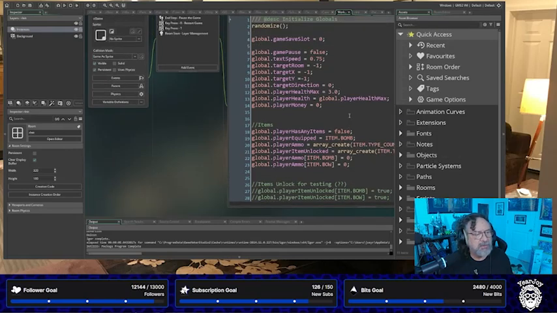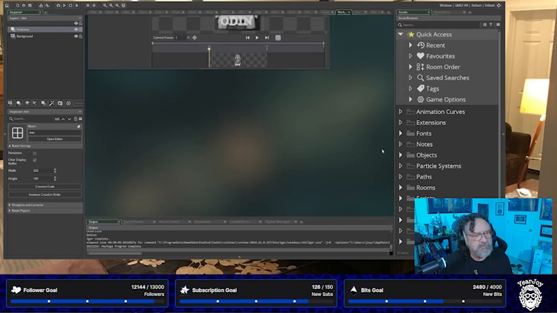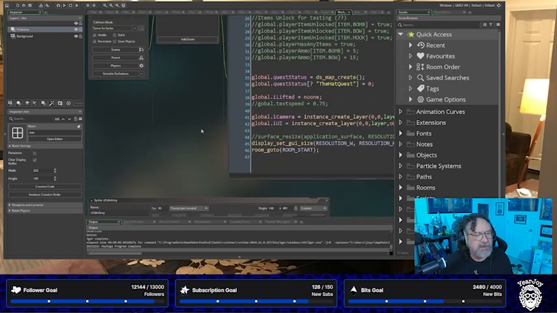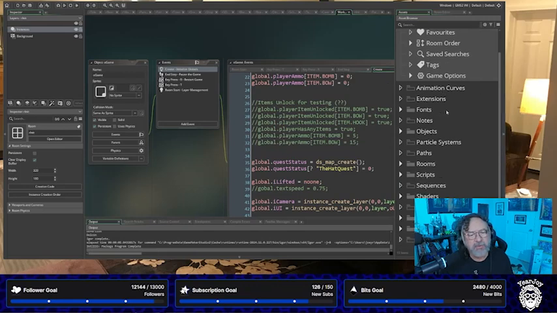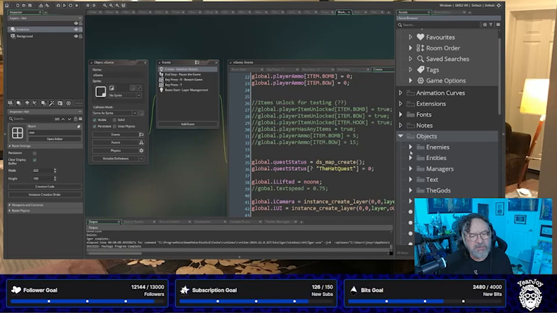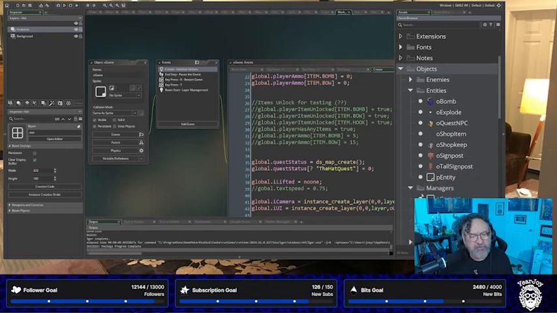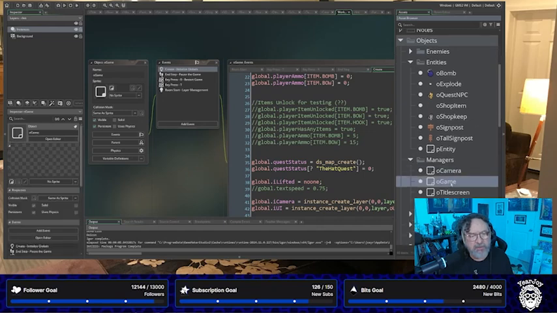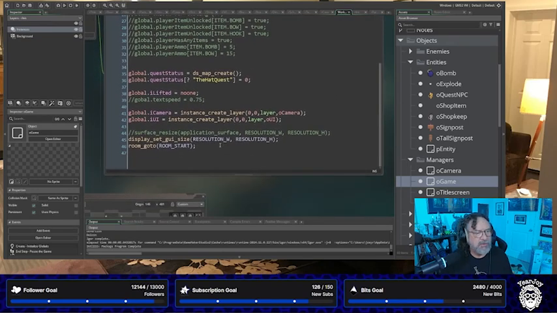So we go up here, to where I saved it. In the O game, which is our game, if we go to objects, in our game object, managers, we have O camera, we have O game. But in O game, there's one line that needed to be changed, and it's the one down here. So if you're doing that tutorial and you find that you're getting jittery stuff,